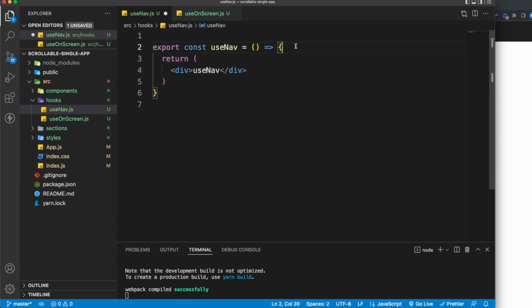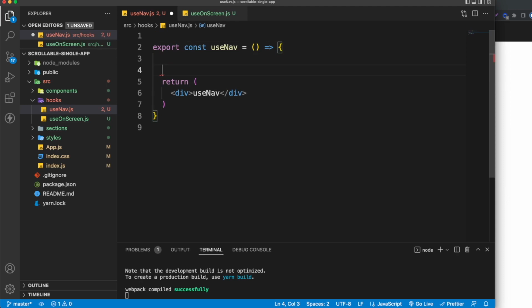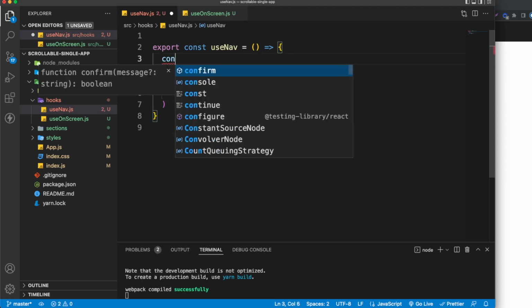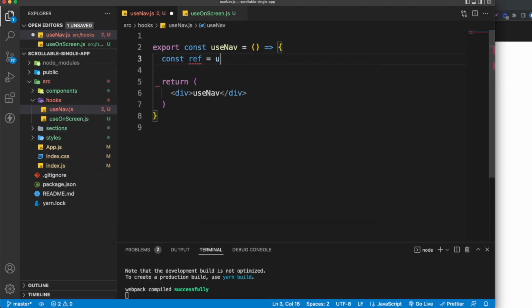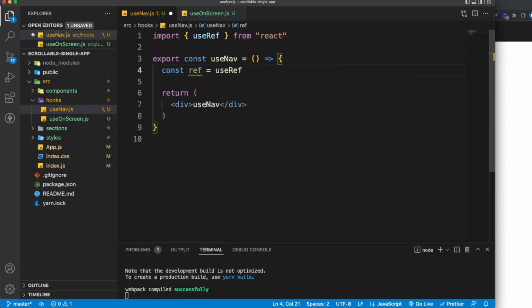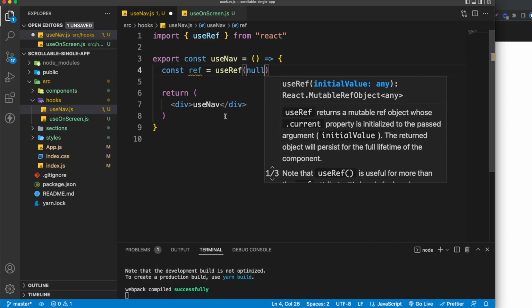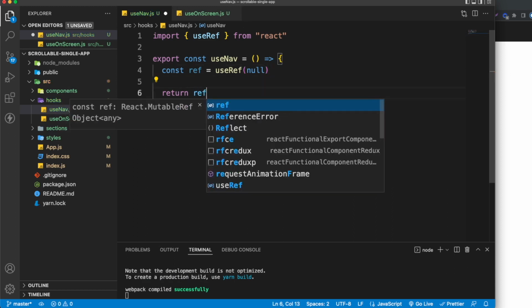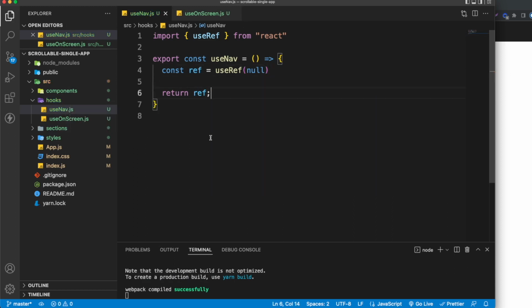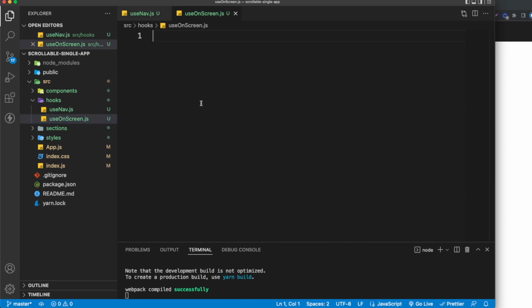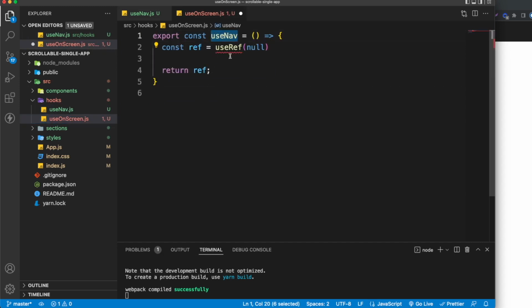And also here I'm going to create a variable called ref. Let's say ref equals useRef. Okay, it comes from React. By default I'm going to say null, and also I'm going to return the ref here like that. So let's just copy this export function, and I'm gonna go to useOnScreen, paste that in here, and change the name to